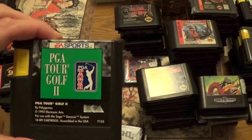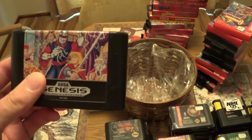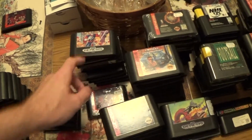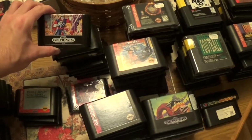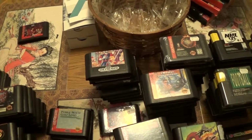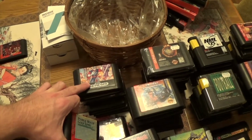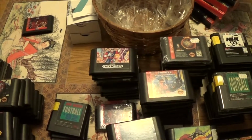PGA Tour Golf 2. This one's another one from childhood, and my very first JRPG, and also remains a personal favorite of mine, Shining in the Darkness. Still love this game even today. Love the art style, I love the dungeon exploration, and I especially love the music, and just everything about this game is fantastic. It's not going to be everybody's cup of tea, especially if you're used to Final Fantasy and all those other role-playing games. But nonetheless, this was the great start for the Shining Force series, and it's completely different from the ones that came after it. So, anyway,